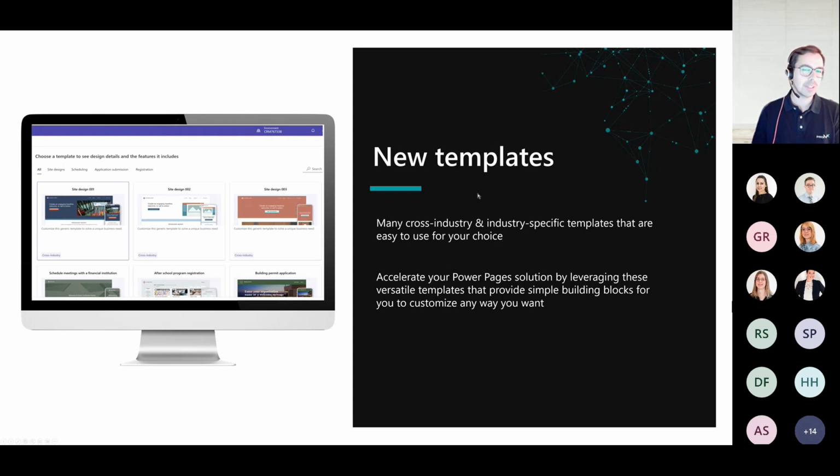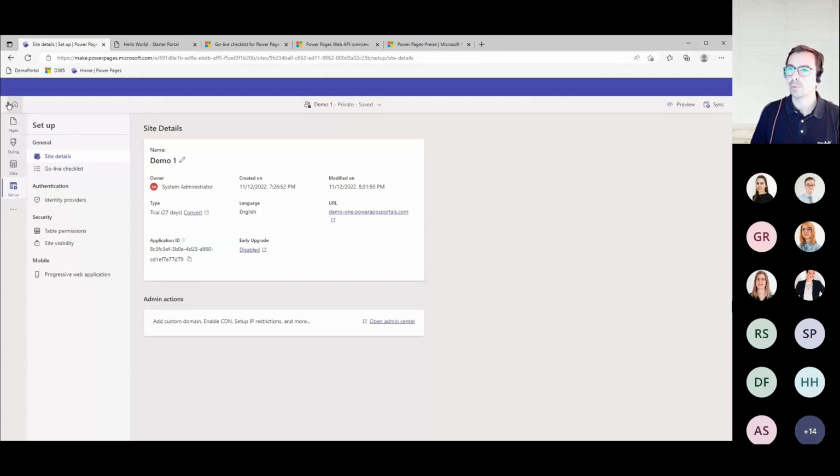We now have the possibility to choose from new templates, and let's cross fingers that this repository grows and grows over the next couple of months and years, so we can even further choose from other templates. I'm going to show you real quick because there's a nice hidden feature inside of there that I want to show you. So if we go to home